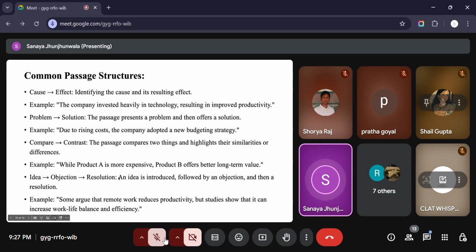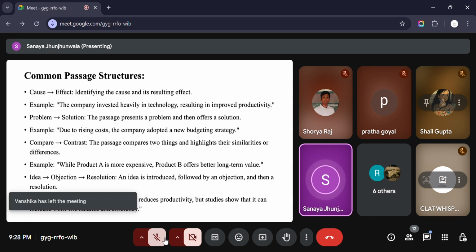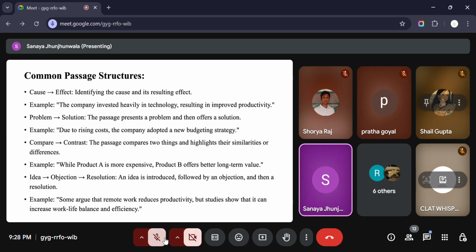One more example of idea, objection, resolution. You can think about this. We should plant more trees to reduce the carbon dioxide in the atmosphere. That is the idea. अब objection ये आएगा कि planting trees costs a lot of money and therefore it is not a viable solution. Resolution ये आ गया कि